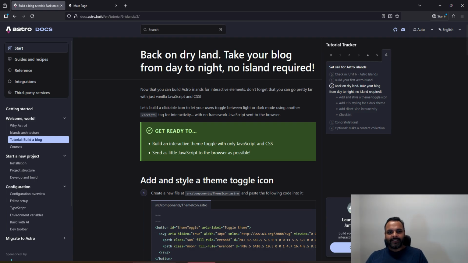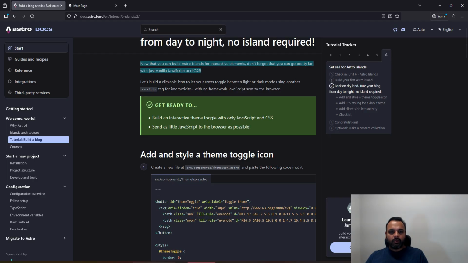Back on dry land, take your blog from day to night, no island required. Interesting. Now that you can build Astro islands for interactive elements, don't forget that you can go pretty far with just vanilla JavaScript and CSS. Let's build a clickable icon to let your users toggle between the light and dark mode using another script tag for interactivity with no framework JavaScript